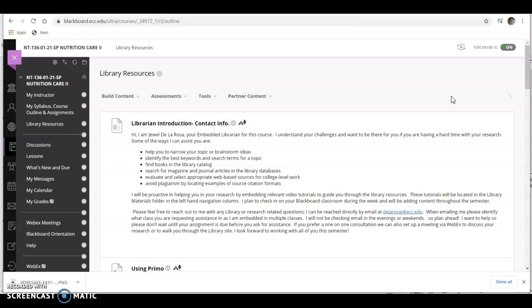Their research paper is broken up in chunks, and so they have assignments going through the semester on identifying a topic or submitting one article, and the one they're doing now is submitting an article summary. And so I've worked individually with students via almost 1-hour sessions in WebEx on how to search these resources again and really fine-tune their own topic on things from lactation and pregnancy and nutrition to weight control and weight stigma and nutrition. And these hands-on, one-on-one sessions with the students are really rewarding, and I've gotten really great feedback from that,